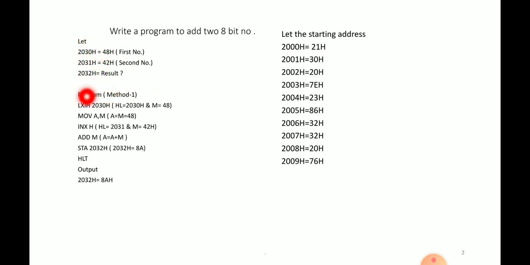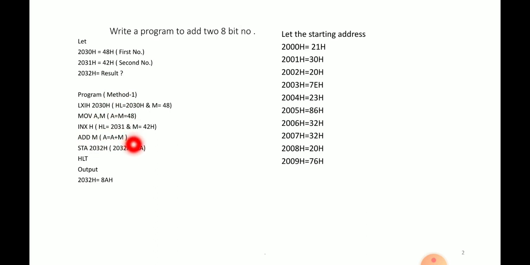So the program: LXI H, 2030, takes the first number. Next MOV A, M transfers this number from memory to the accumulator. Then INX H, the next memory address, then the second number is loaded from memory. Then ADD M: A equals A plus M, and the result is stored in the accumulator.